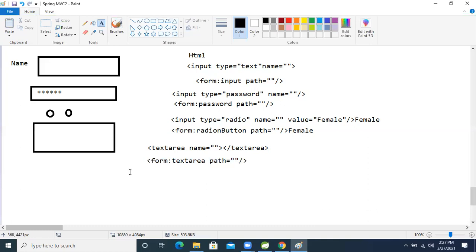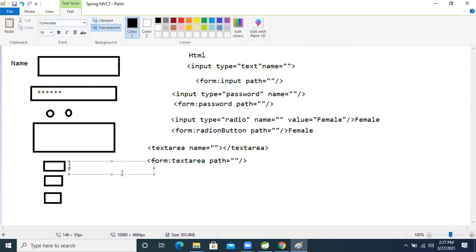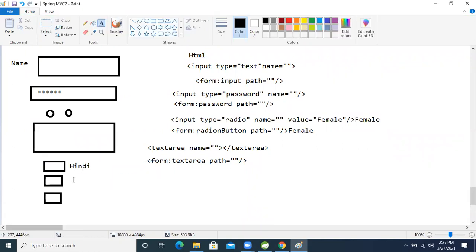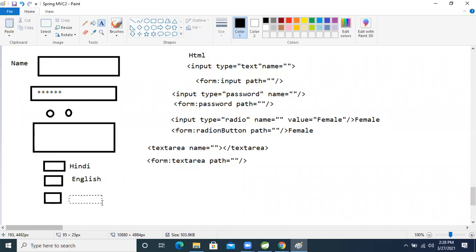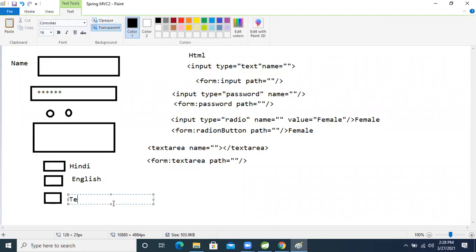Another one, checkboxes. If the end user wants, one person may know multiple languages, so on the form we give multiple checkboxes: Hindi, then English, then one more, Telugu.